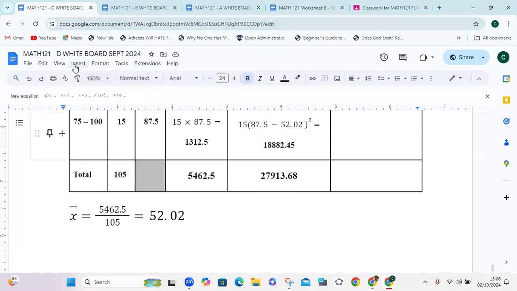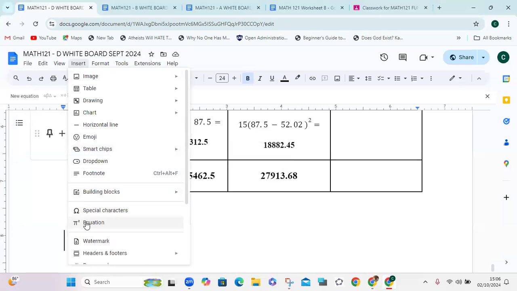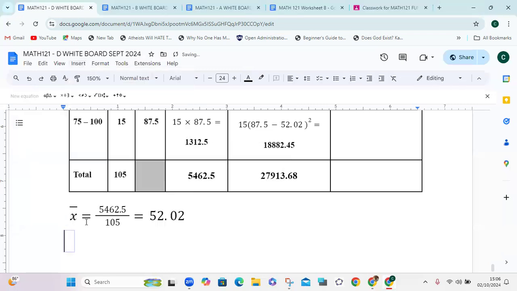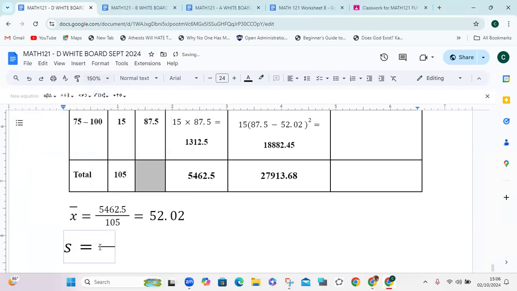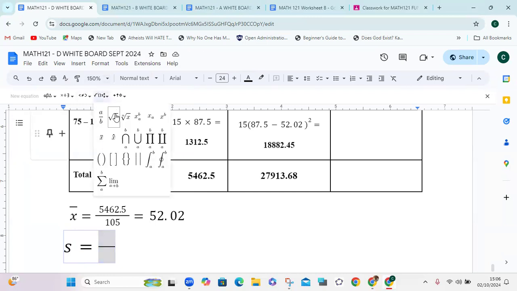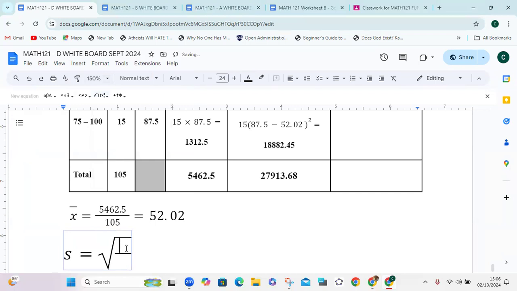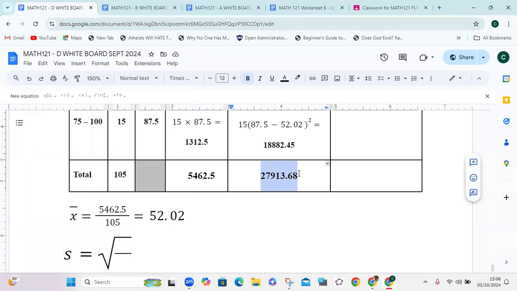work out the standard deviation, which of course is the square root of the variance. So we can square root one time. Under the square root sign will be the variance. So the 27,913.68